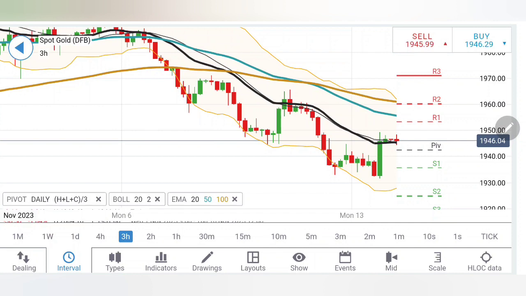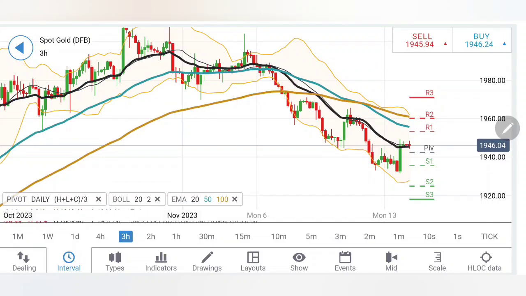So is it a reversal? Not yet, or it cannot be confirmed as of now that this is a reversal as long as 1960 levels are respected. Once the price stays above 1960, that is the time you can say that it is turning bullish. Else if you notice, it is just staying in this bearish channel.